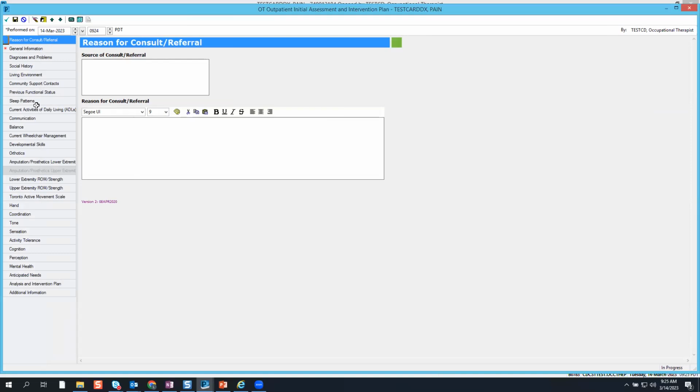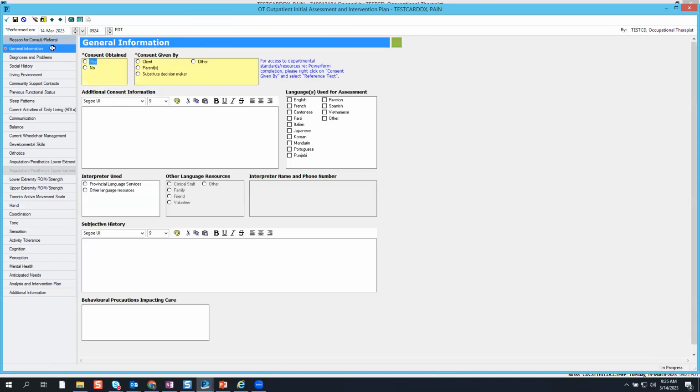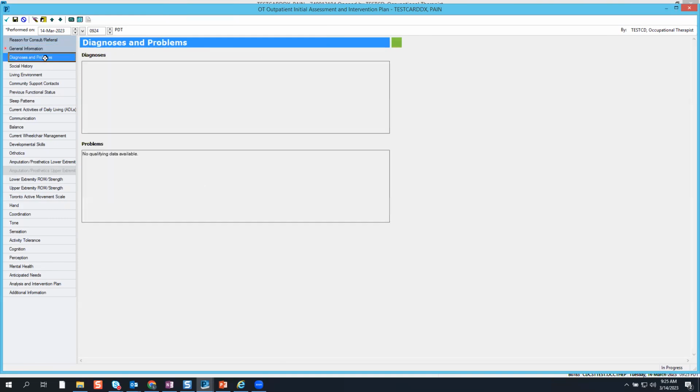So there's all these different sections that are incorporated into this form, such as source for a reason for referral, free text information, general information. The part with the yellow means it's a mandatory field. So consent was obtained and was given by. That's the only mandatory field in this entire form. You cannot save this form without completing this section. Otherwise, you have all of the different sections such as diagnosis and problems,